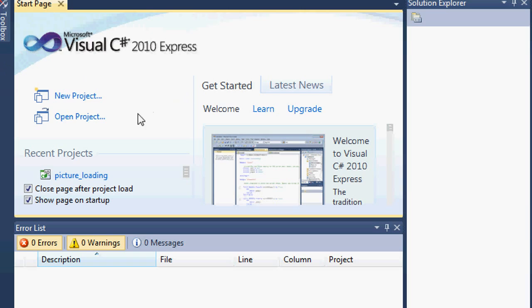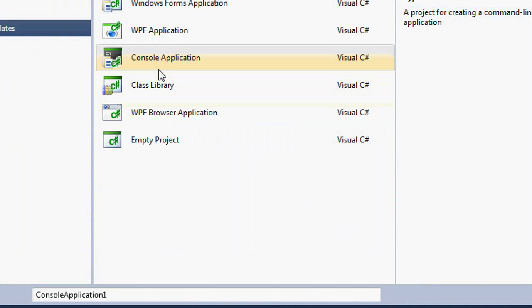Now when you first open C#, this is where it opens, where you can either open an existing project or a new project. Let's go ahead by clicking a new project, and we shall use a console application. You give it a name. We shall call it my